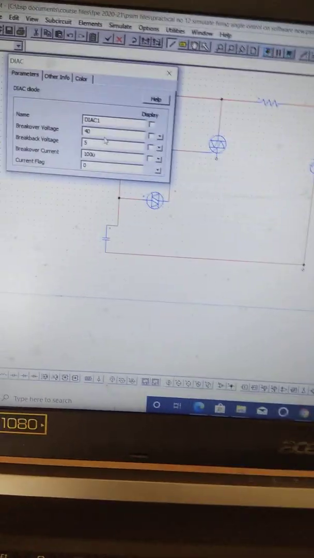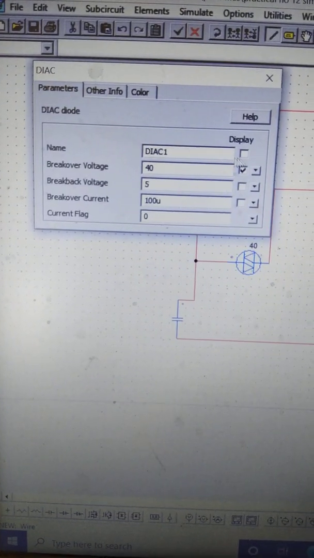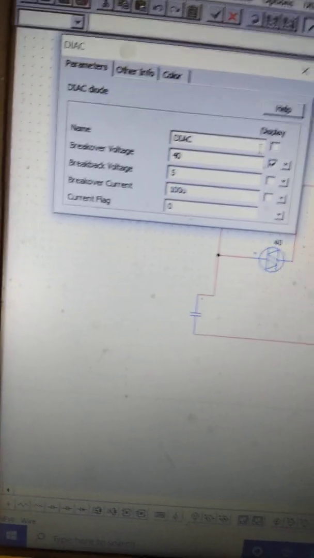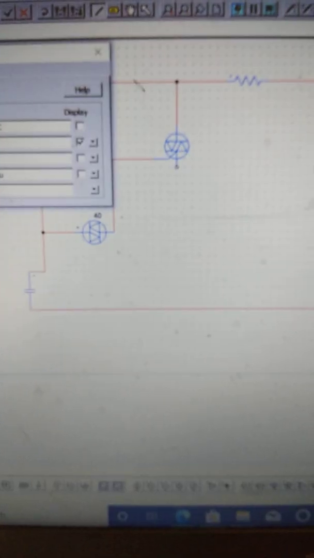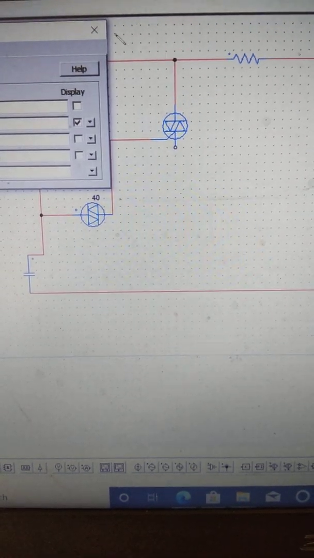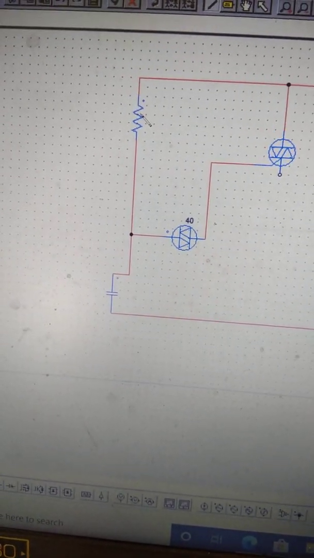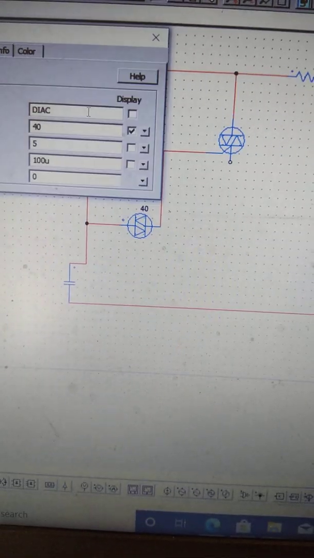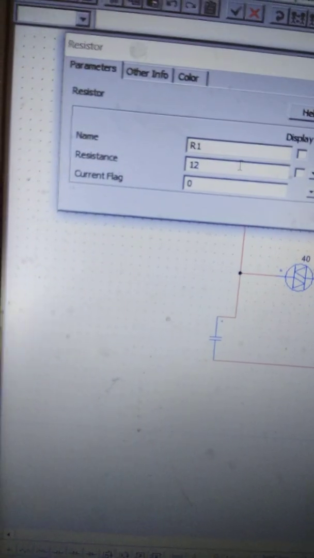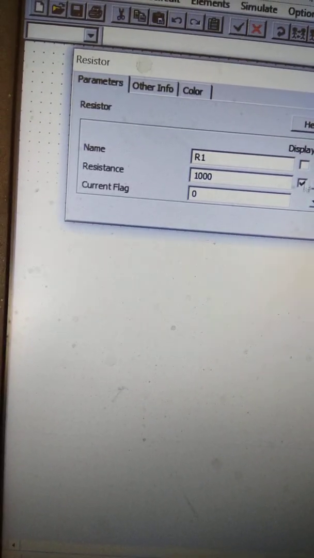For this diode, we can select the value of breakover voltage and other parameters. Similarly, for the triac also, we can select the parameters. The resistance R1 is 1K.